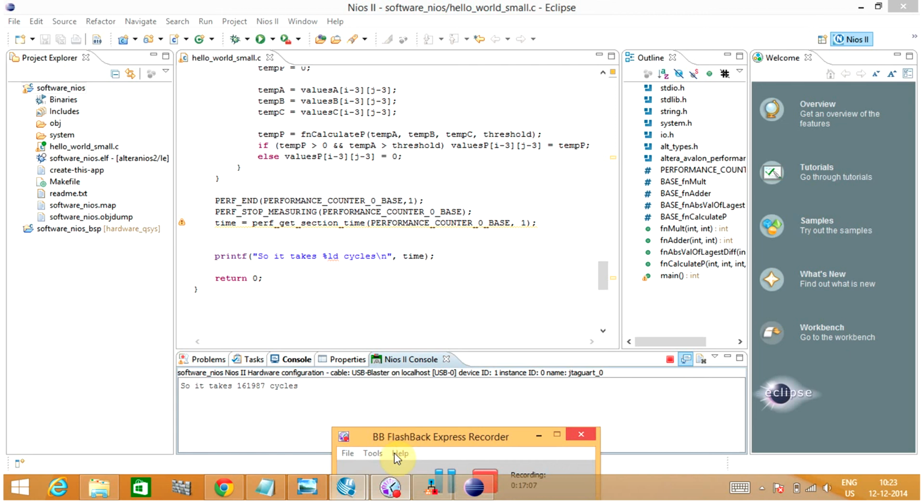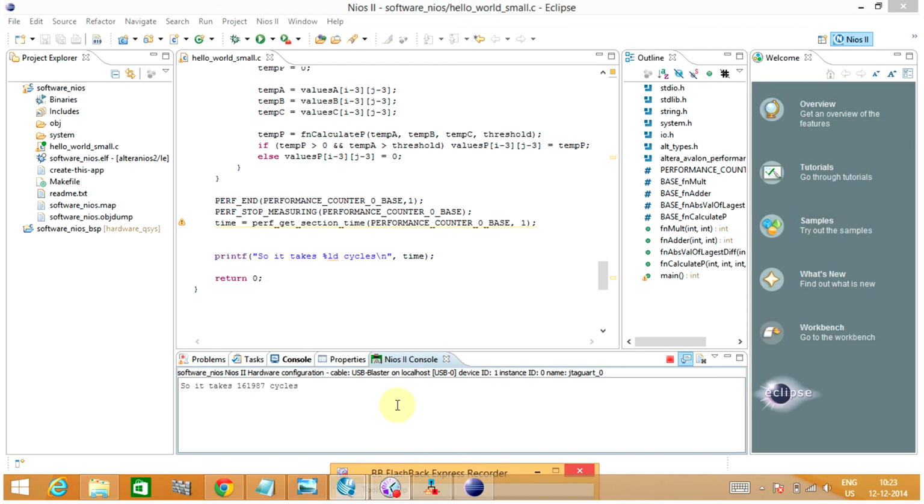We ran the code previously just as software, just with the C code, and after including the hardware accelerator files, we got a performance improvement. Initially we were getting around 3 lakh cycles, but now we're getting around 1,60,000 cycles. So that's the improvement that we got, and we have explained the entire algorithm in our report.